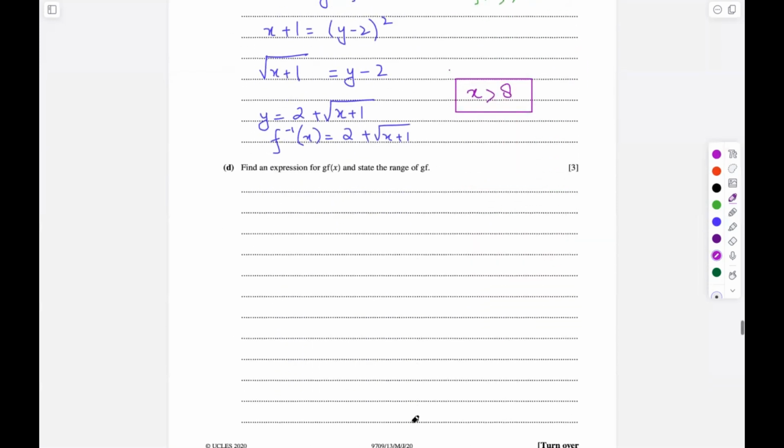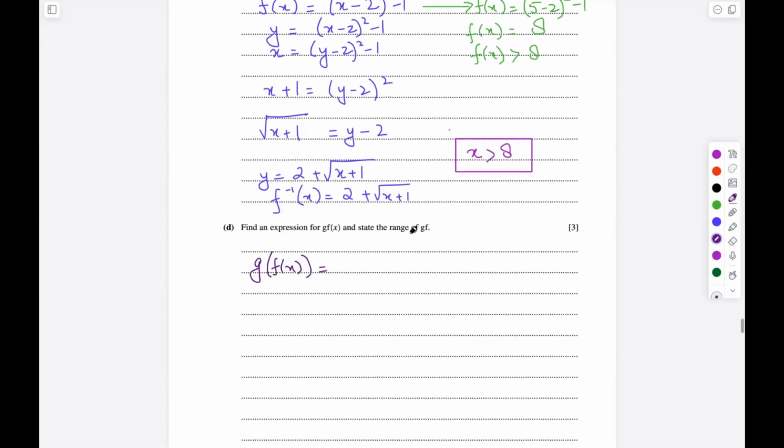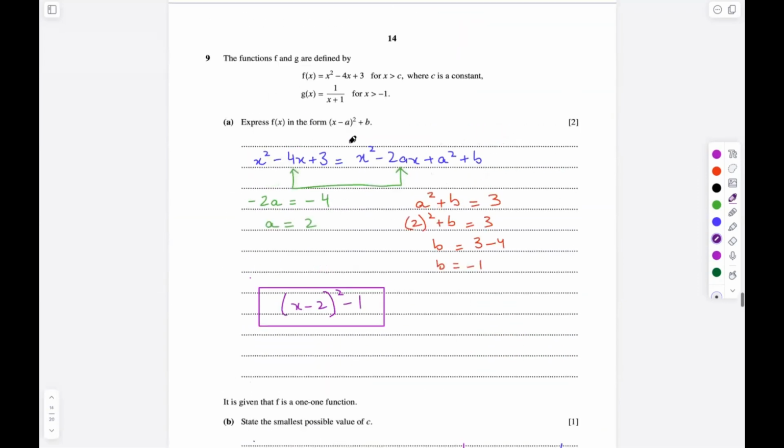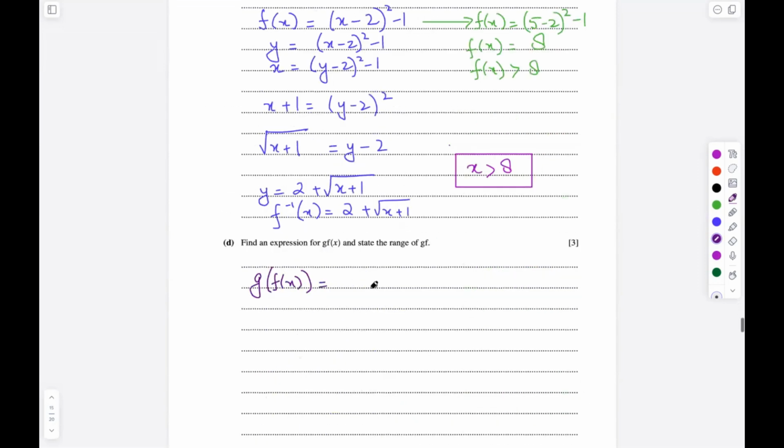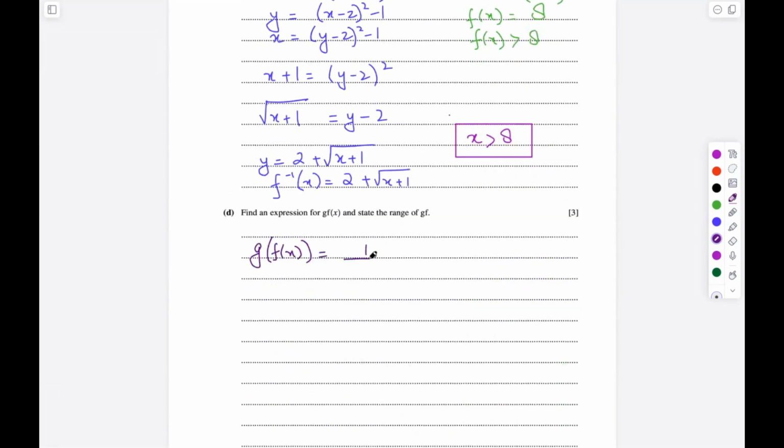In part B, it says find an expression for g f of x and state the range of gf. Now to first find the function g of f, we will substitute in the function g. In place of x, we'll write the whole function f of x. So the function g was 1 upon x plus 1. So we'll write it as 1 upon x plus 1, and in place of x, we'll write the function f,